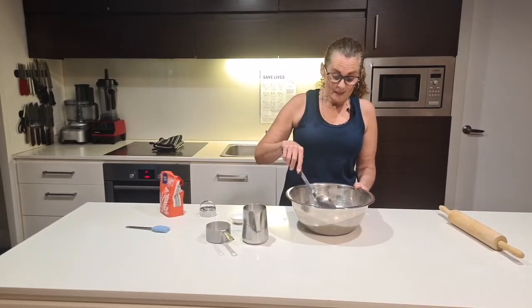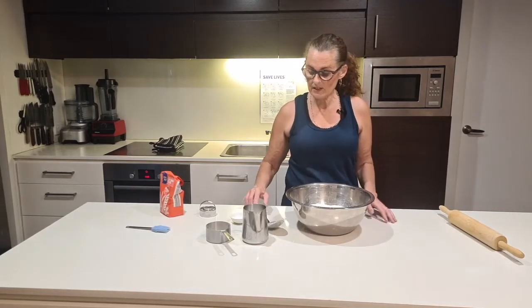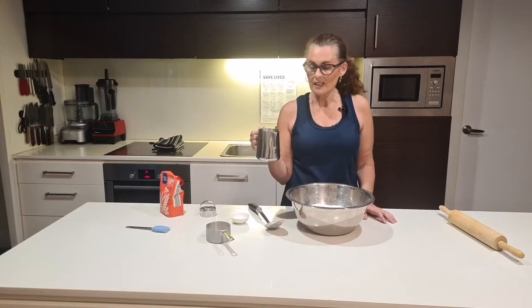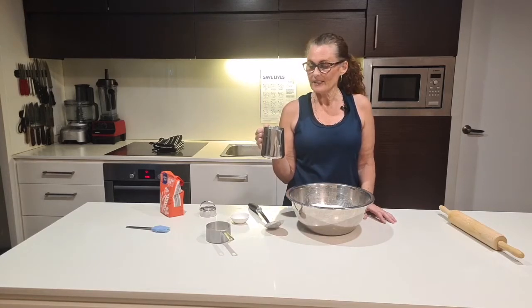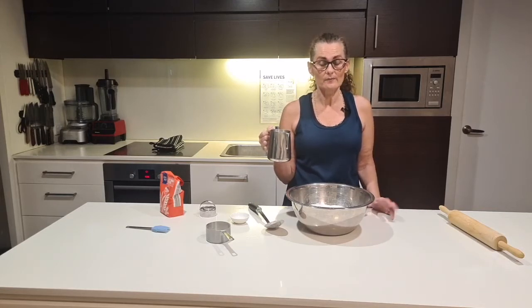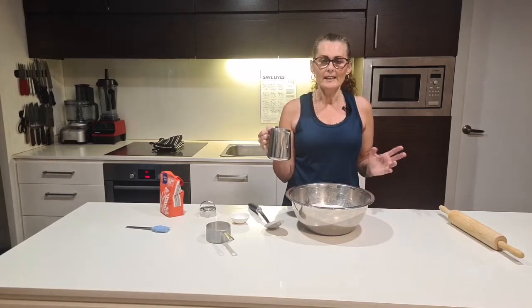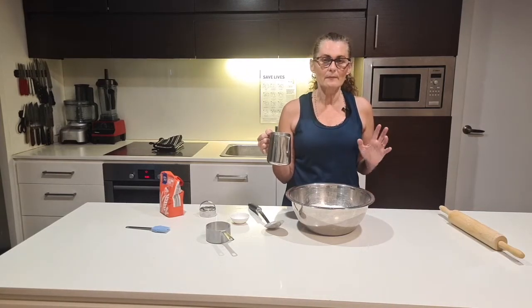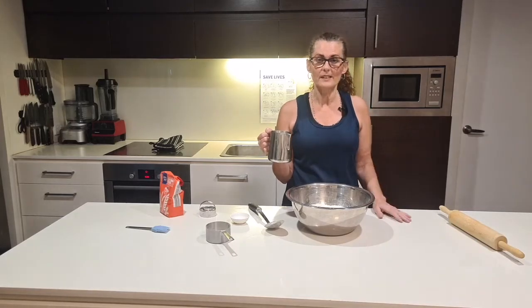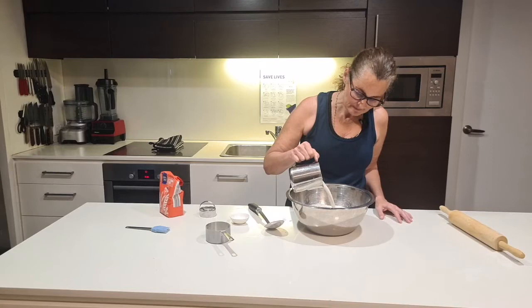So you just make a well in the center. Make sure the salt's mixed in well. Make a little well in the center, and then we're going to add a cup of lemonade and a cup of coconut cream. We want it quite thick and fatty because this is the only fat in the scone. Usually scones use butter, but we're using the coconut cream. And if you aren't a vegan, you can add pouring cream instead of the coconut cream. So we're going to pour that in